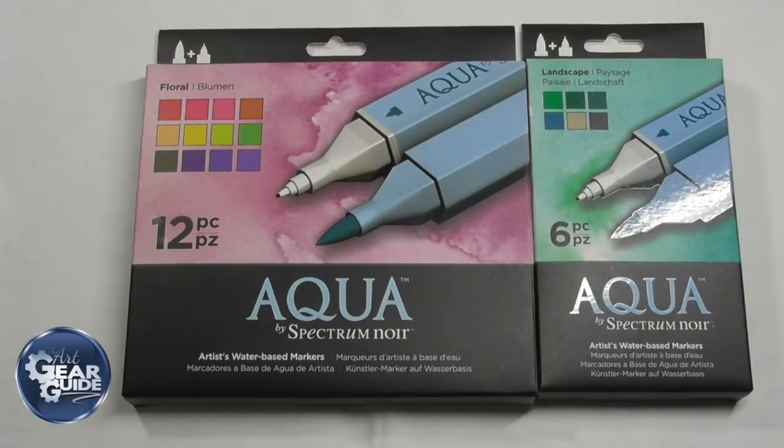As you can see here, I have a review of Spectrum Noir's Aqua Markers. All the way through 2017, I reviewed quite a lot of Spectrum Noir's products. Now, I was thinking about this the other day. I think that if I ran like an award ceremony for